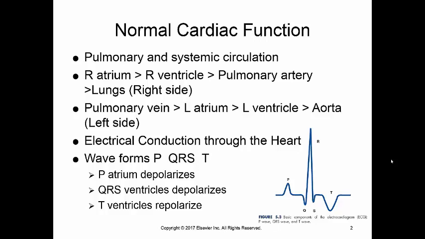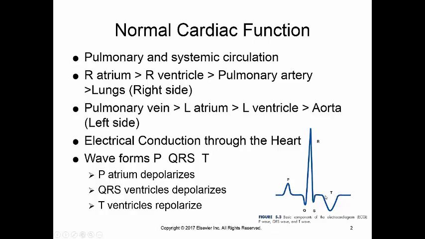Controlling the heart and the beat is going to be the electrical conduction system through the heart. And a brief review of what a heartbeat will look like. On a tracing of what's known as an ECG, we're going to have a P wave, a QRS, and a T wave. We see the P wave whenever the atriums contract. The QRS is going to be when the ventricles contract, and then the T wave is going to be when